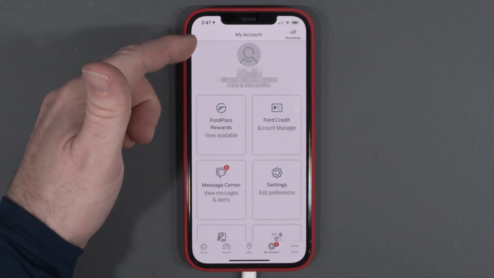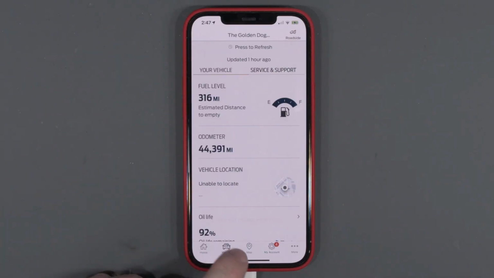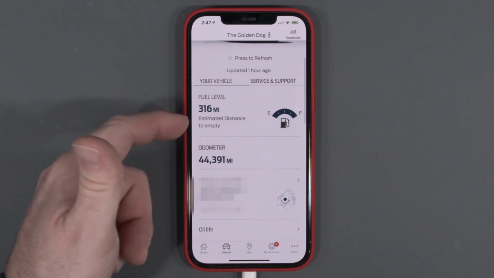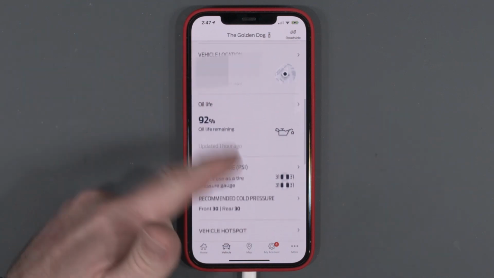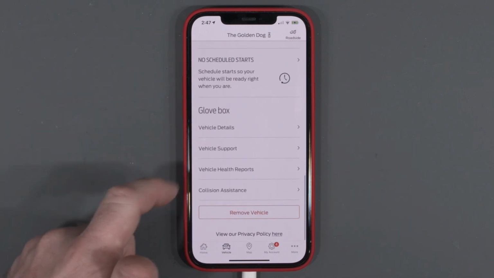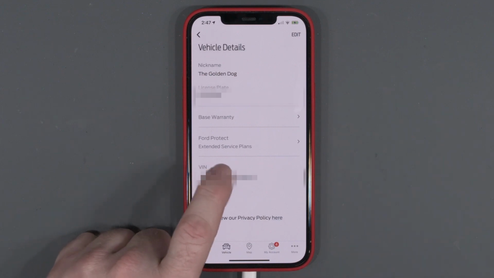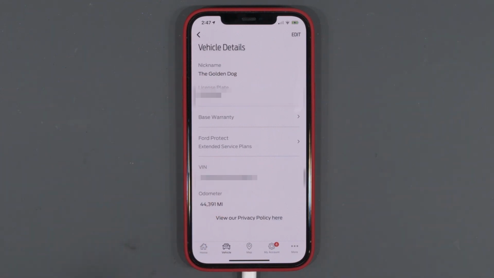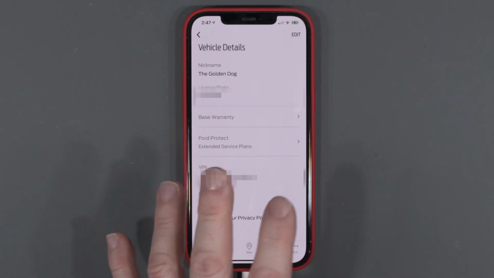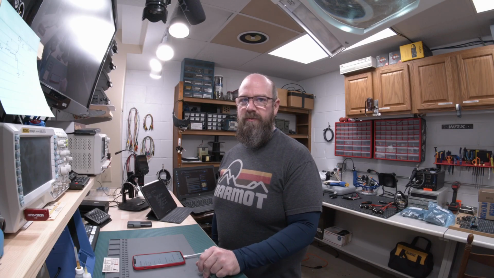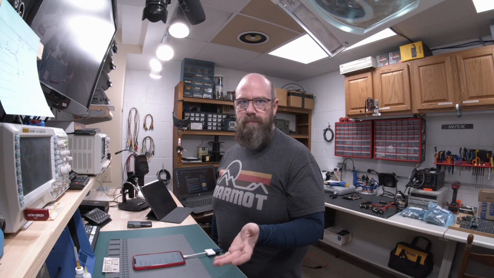Now, under the vehicle tab, you'll see your information, fuel level, odometer, location, and stuff like that. You'll want to go to your vehicle details and copy that VIN number somewhere, or just get it off your truck, but this is an easy way to get it. So you're going to need the VIN number, your username and password for FordPass, and that's basically it that you